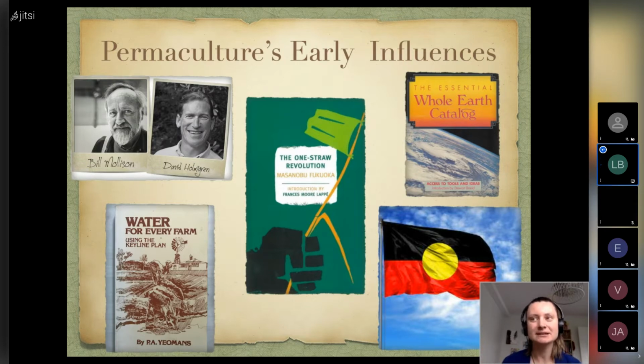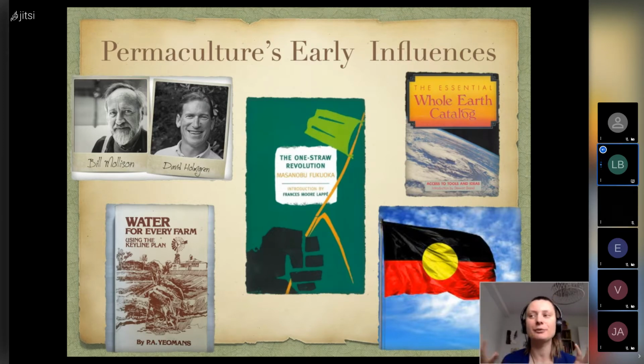And so he was understanding how devastating this was to not only local ecosystems, but looking ahead in time, he understood how this was not sustainable for communities, because depleting the soil of its nutrients obviously would result in not only a collapse of ecosystems, but also a collapse of economies and societies down the line. So they were influenced by a few different people and books, which I'm going to talk about,